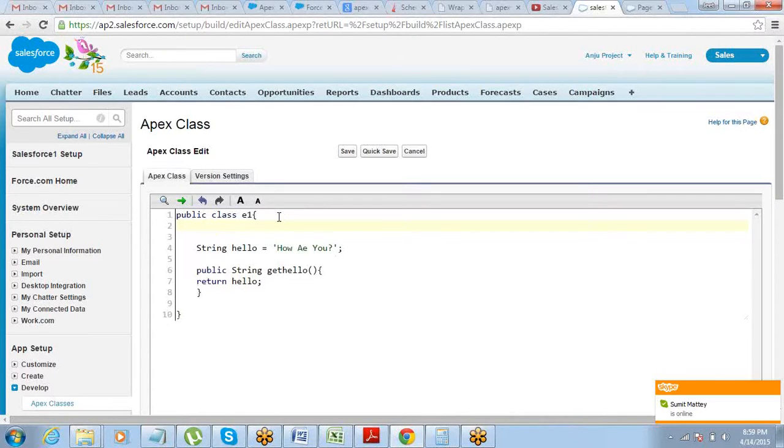You just have to define a constructor. So you just go ahead and say public E1 apex pages dot standard controller thing.